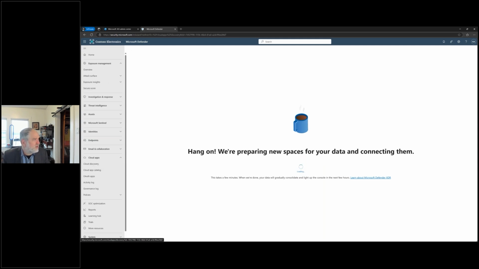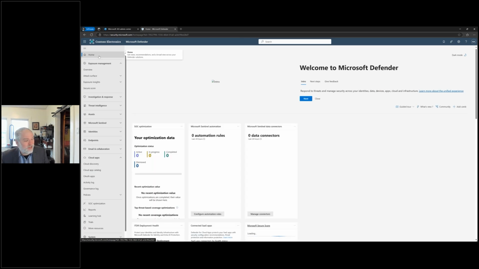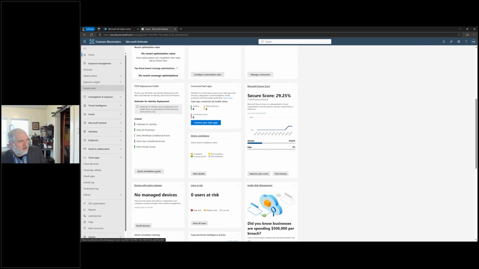I had to spin up this demo last night because, of course, my last presentation demo, they expire after 3 months. It expired 2 days ago, so lucky me. So not necessarily everything is in here, but I suggest if you are an admin, take a look. Go to security.microsoft.com. Take a look at all of the different areas within here. You may have stuff in here a lot more than you realized.